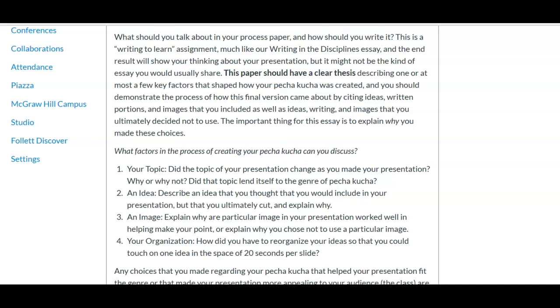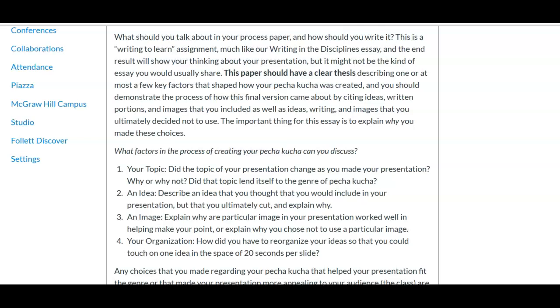So you should have a clear thesis describing one, or at most a few key factors that shaped how your PechaKucha was created. And then you should also demonstrate the process of how this final version came about by citing ideas, citing written portions, discussing images you included as well as ideas, writing, and images that you ultimately decided not to use. The important thing is for this essay to explain why you made these choices. Remember, you're thinking about your rhetorical situation and what's the most effective way to communicate to an audience given the